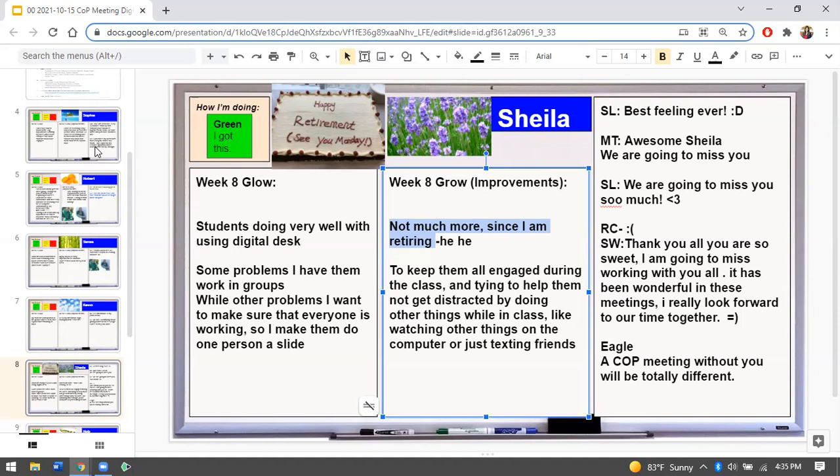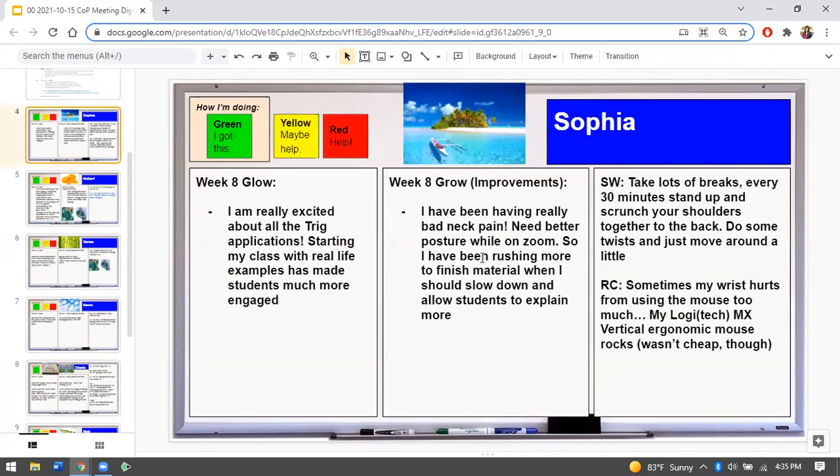We're just able to share a lot with each other, and it feels like we're together. I shared that we're working remotely, so I started having neck pain, and I got all the comments from my COP members: take breaks. My coworker says his wrist hurts and recommended a mouse. We definitely have a lot of